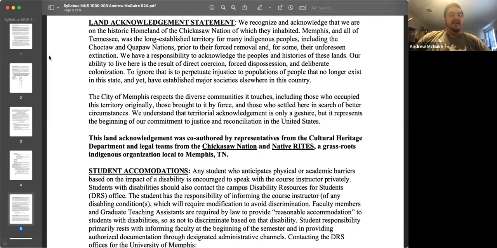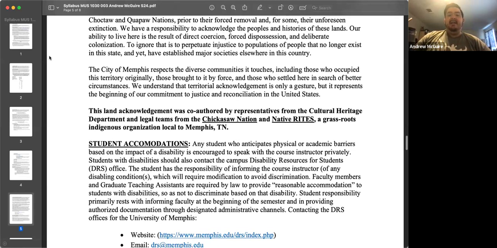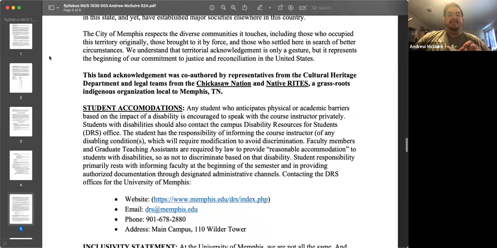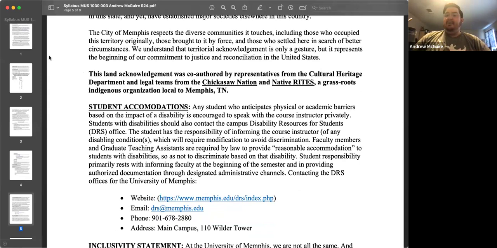Our ability to live here is the result of direct coercion, forced dispossession, and deliberate colonization. To ignore that is to perpetuate injustice to populations of people that no longer exist in this state and yet have established major societies elsewhere in this country. The city of Memphis respects the diverse communities it touches, including those who occupied this territory originally, those brought to it by force, and those who settled here in search of better circumstances. We understand that territorial acknowledgement is only a gesture, but it represents the beginning of commitment to justice and reconciliation